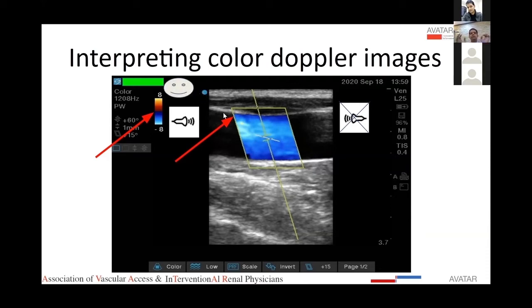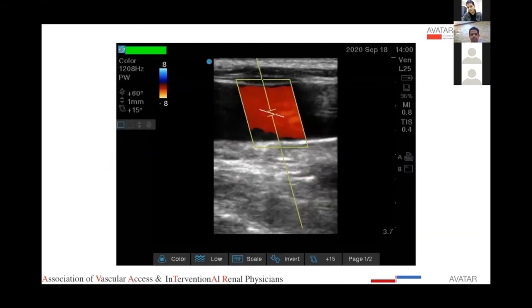So finally, this image gives us the information that the blood is flowing from the head towards the heart or towards the leg, and the next set of images will tell us that it is a venous blood flow. Coming to the second image, this is the same patient, same probe position, and everything is same except that some settings have changed. So we'll again go in the same order.